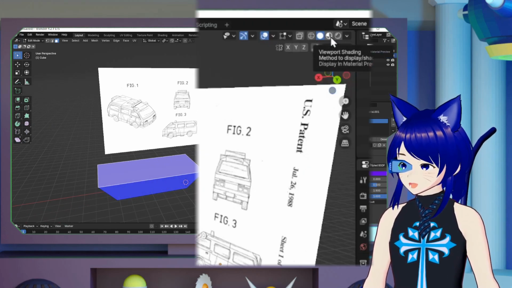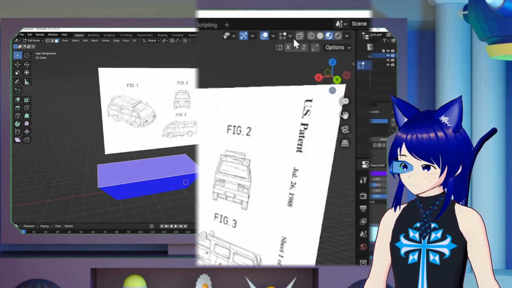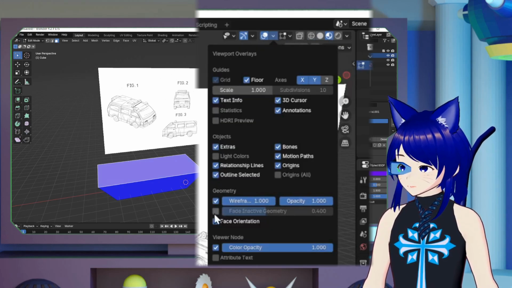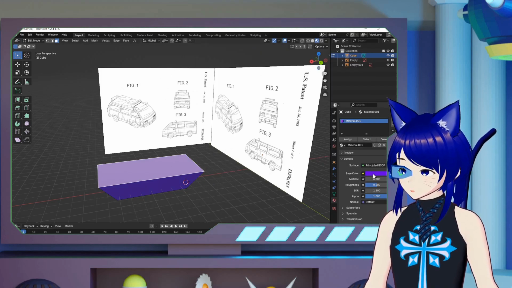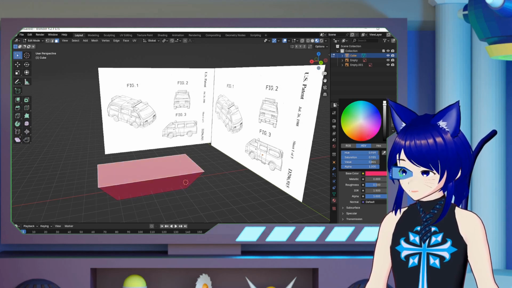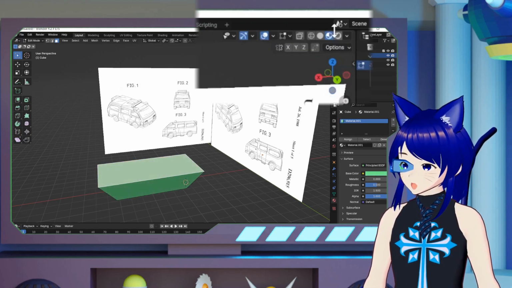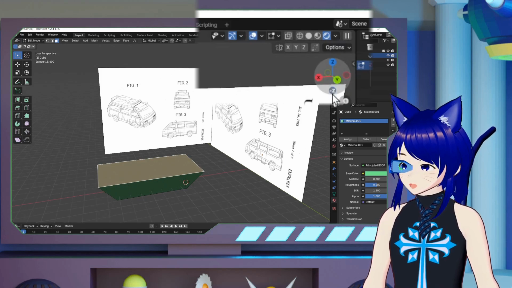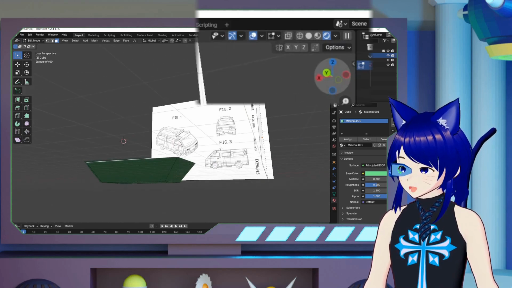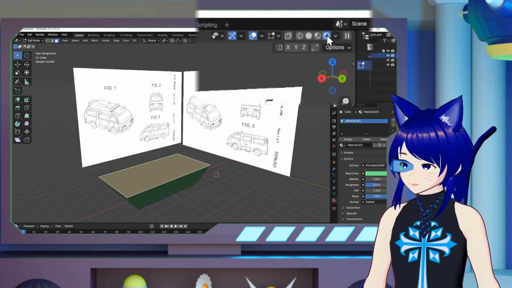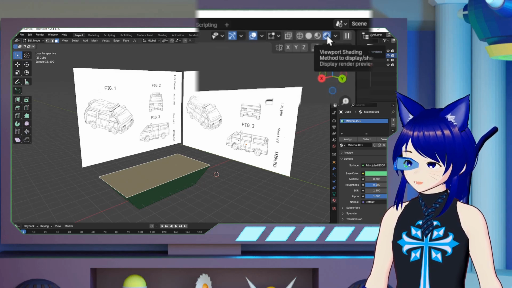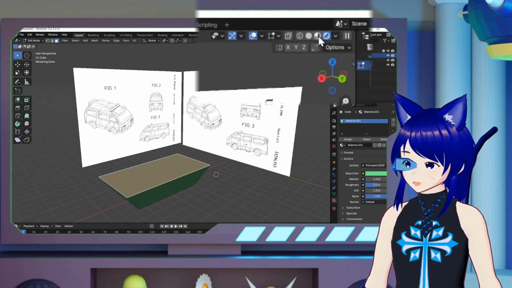You have this right here, which is viewport shading. Now this shows the color, and I've got to take off the face orientation. So now you're starting to see the color I've added to this. If I come over here and change it on the material, you can see I changed the color. Especially when you start getting into your lighting, this gives you a bit more of an idea of what you're going to see as the final project. All these are viewport shading, but